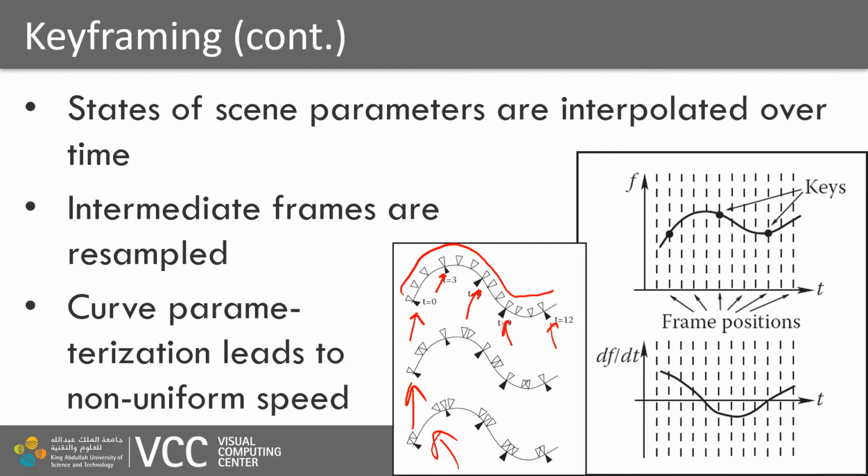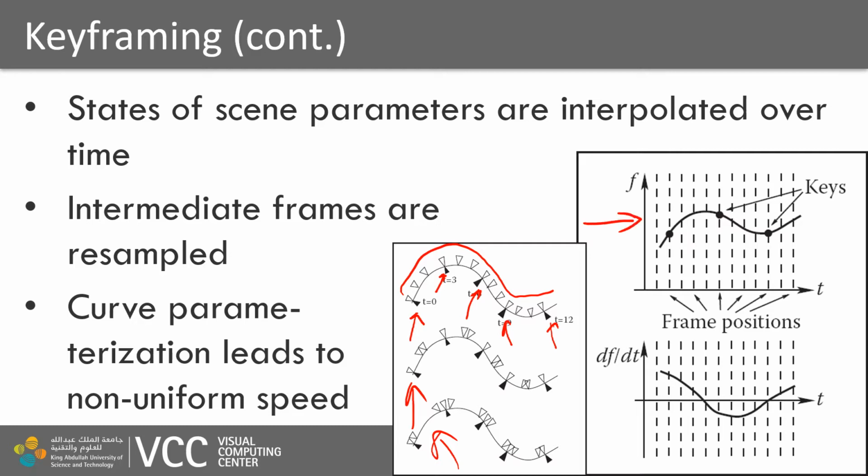This will result in probably quite some erratic movement rather than a smooth traversal of a scene or a smooth motion of an object. And this control over how an object should be moving can be specified not only directly in the 3D space, but also in the parameter space. Like, for example, here